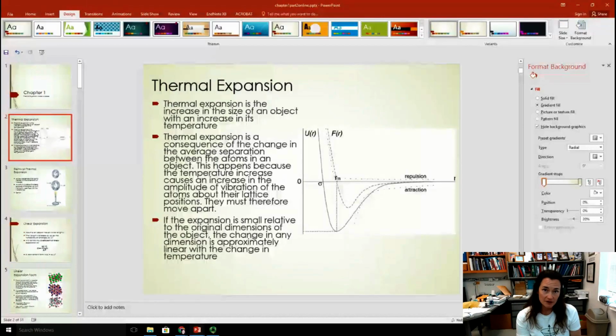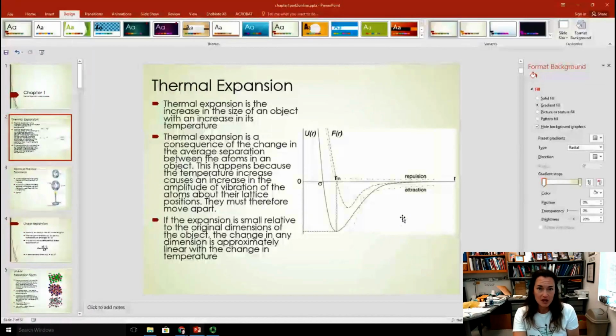Now, why does this happen? Well, if you think about a solid, for example, then the atoms are sitting in their equilibrium positions and they oscillate about those equilibrium positions at a given temperature. But as the temperature increases, if you look at this potential energy function here, you can see that it's skewed to the right, okay? So as the temperature increases, the average spacing between those atoms moves right due to the shape of that potential